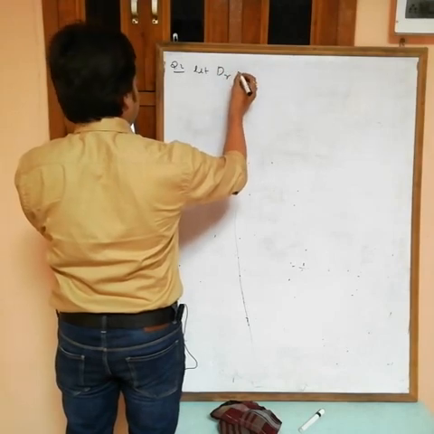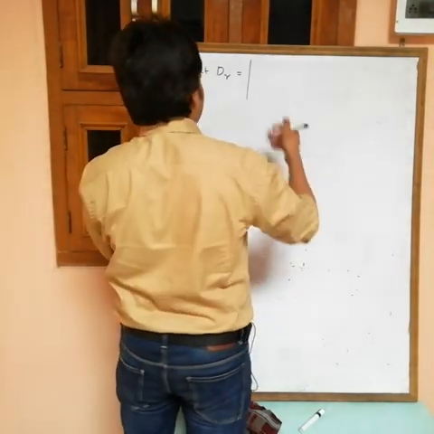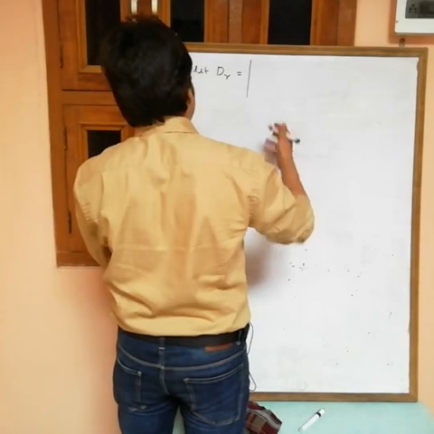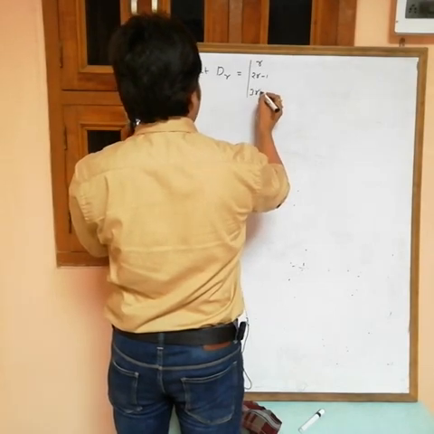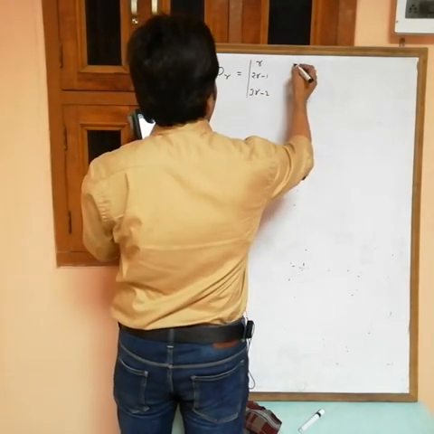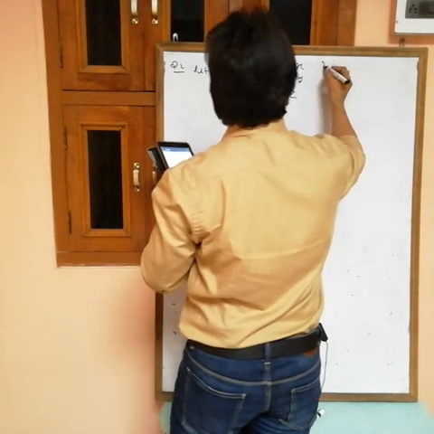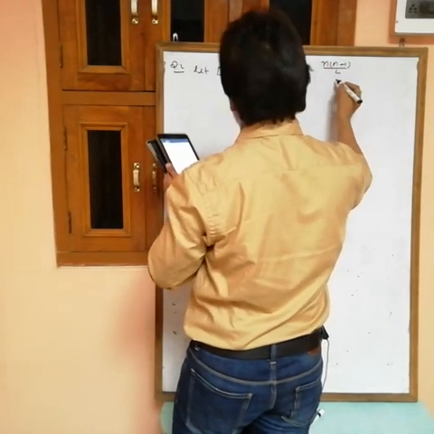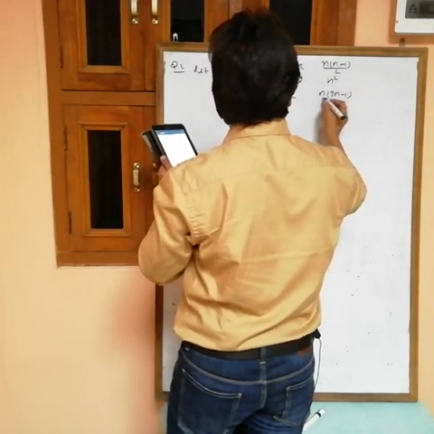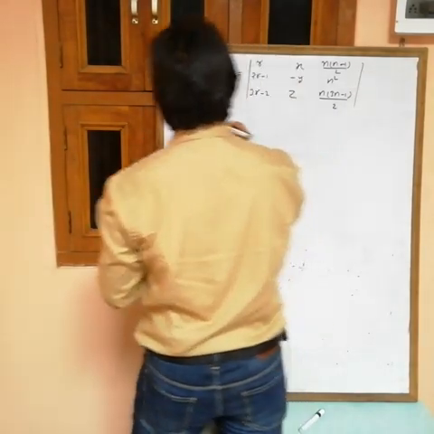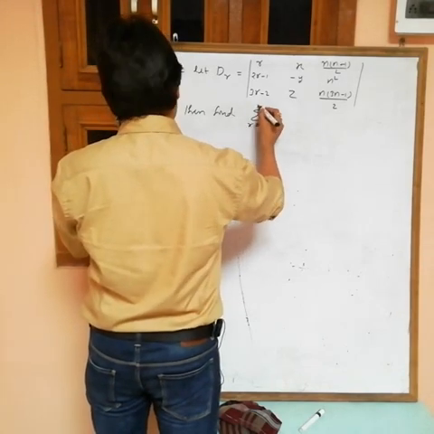Next. Let Dr be equal to, actually here r is not the order, this determinant is in terms of r: r, 2r minus 1, 3r minus 2; x, minus y, z; n plus 1 by 2, n squared, and n, 3n minus 1 by 2. Then find sigma r equals 1 to n of Dr.